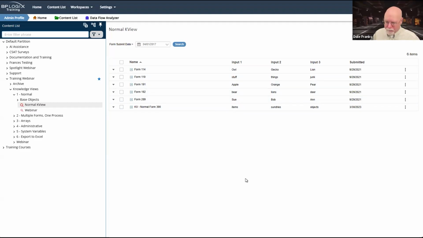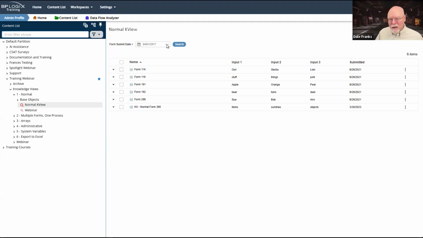Again, for this particular form instance, that works fine because these are the only 6 instances that exist. But if I'm going to do my initial filtering for end users by date, I almost have to ensure that the user can do that search and can change the default search criteria.